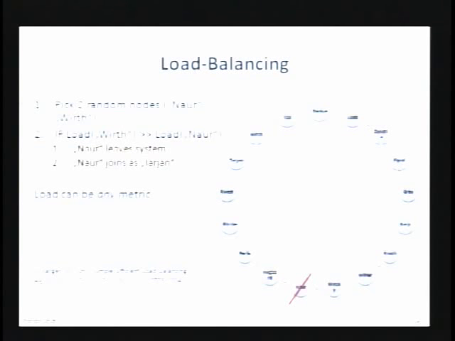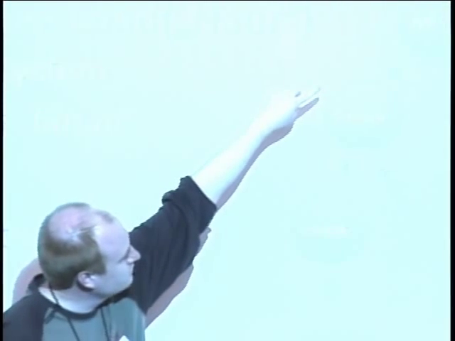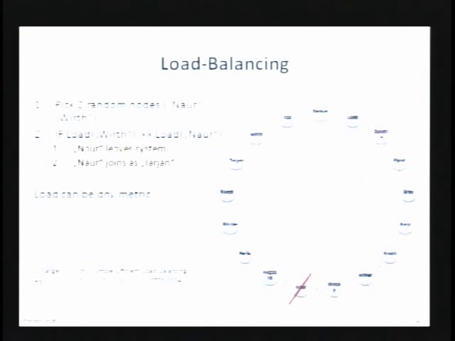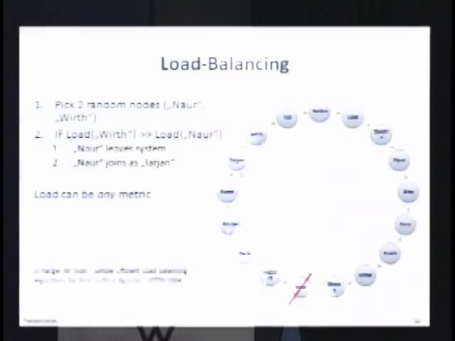The nowa node will move here and join under a new identifier Tarjan, which will divide the load of the virt node into two equal sizes. And with this very simple local operation, you can adapt to basically every load imbalance. This is one point. The other point is,